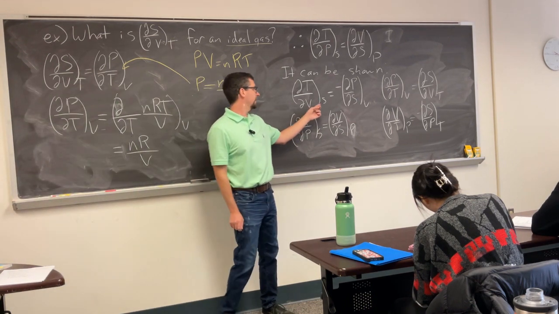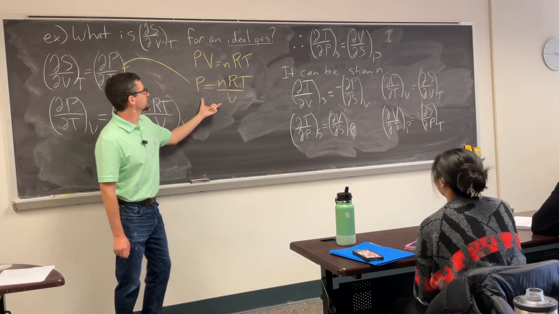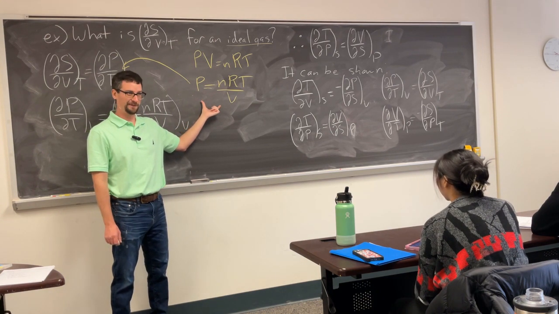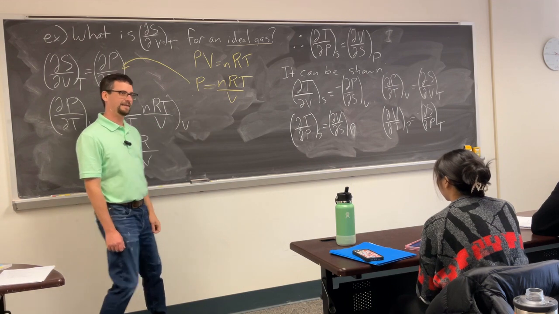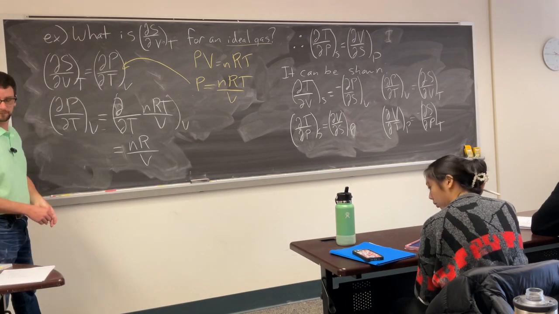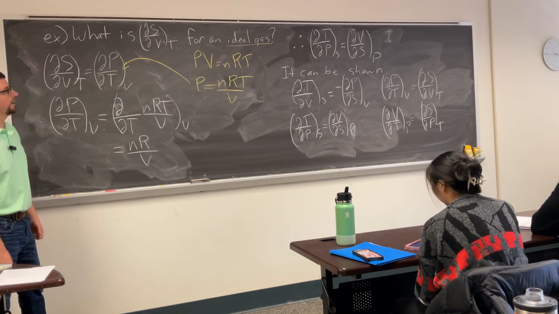Wherever you have constant entropy, do you see entropy in this equation of state? No, so it's kind of nice. You really don't have to worry about it. Okay. Any other questions? Okay. We're going to